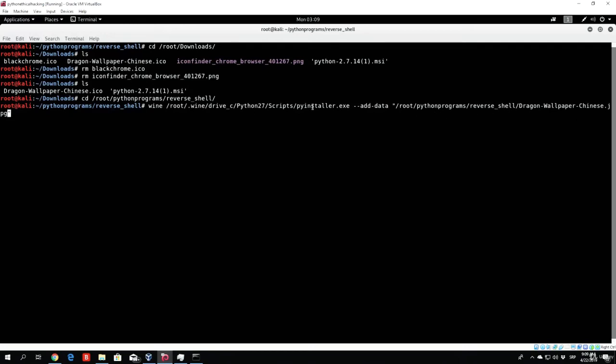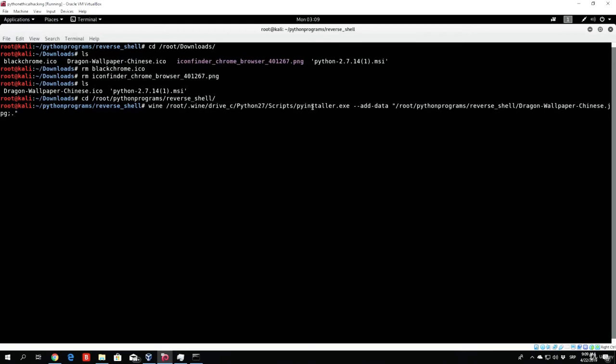Now also make sure that at the end, before closing the double quotes, at the end of the actual path, add the dot and the comma, and then add the dot at the end. So this specifies that we only use this file right here. So once again, dash dash add dash data, open double quotes, path specified, then dot comma, and then dot, and